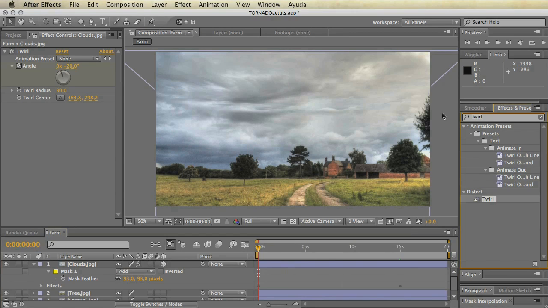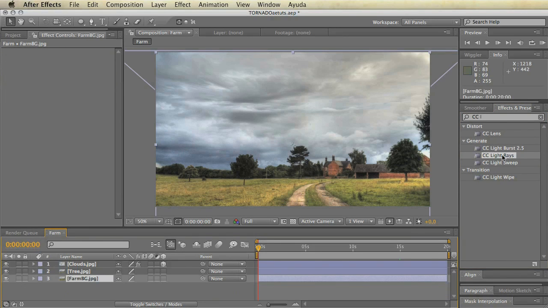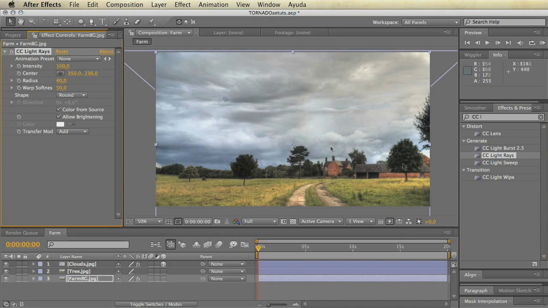The way we're going to do it is with an effect called CC Light Rays. Here we have it, and we're going to add this effect to the farm background layer. So let's drag it here, and what this effect does, you can see here, is cast some bright light based on the color of your layer, red, green, white, blue, whatever. So you set the center point of this CC Light Rays wherever you want in the clouds, and now let's lower the intensity a bit, around 60, increase the radius, I like 80, and play around with the warp softness like that,